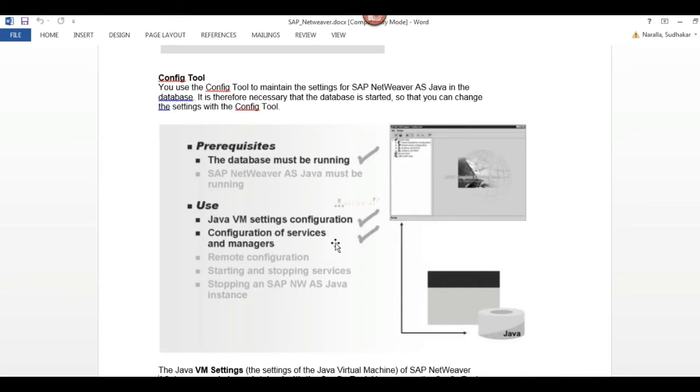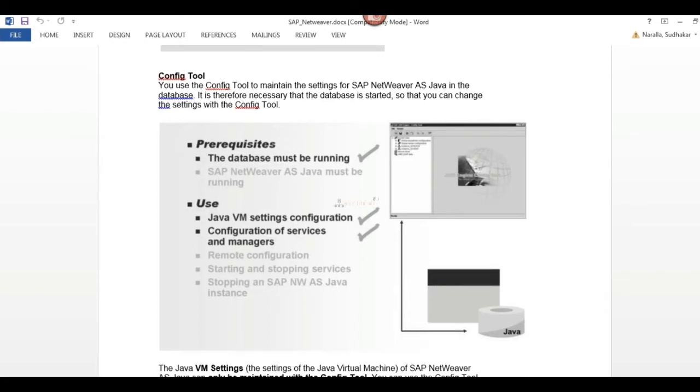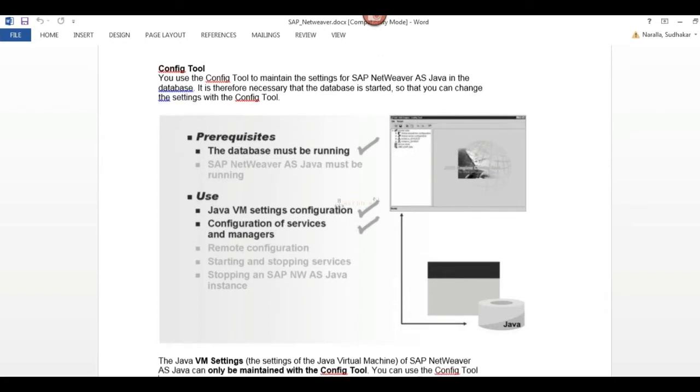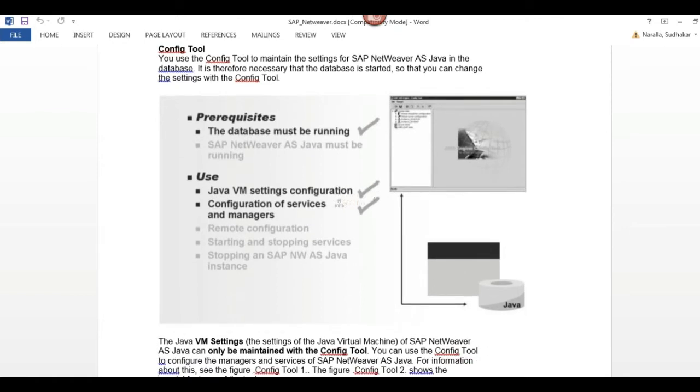Using the Config tool, what activities can we perform? We can set the JVM parameters for every cluster. What is meant by cluster? The Java dispatcher is a cluster, and the Java server node is a cluster. In every cluster we have services and managers, and in those we have different types of parameters. In ABAP stack we call it a parameter, with a parameter name and parameter value.